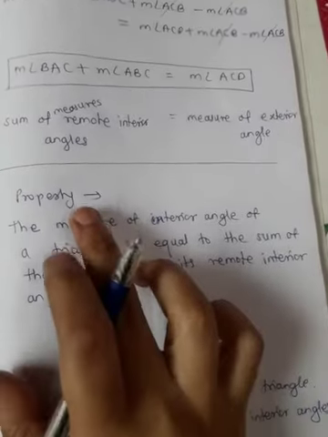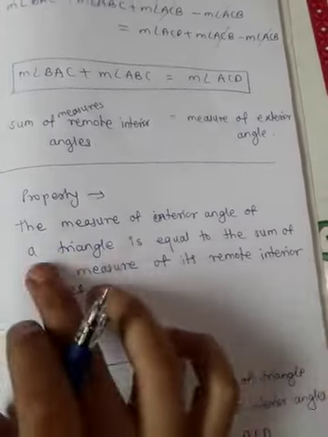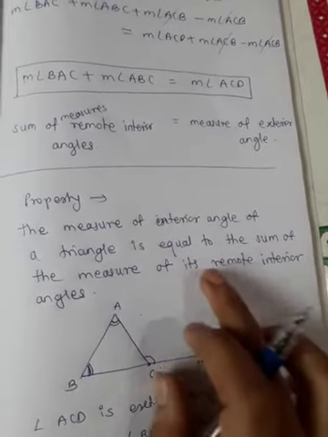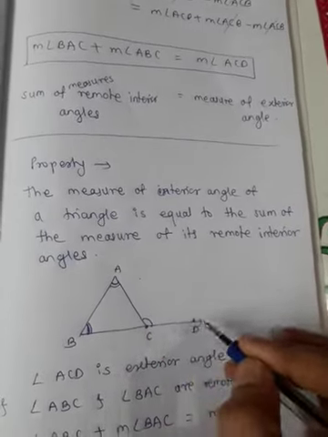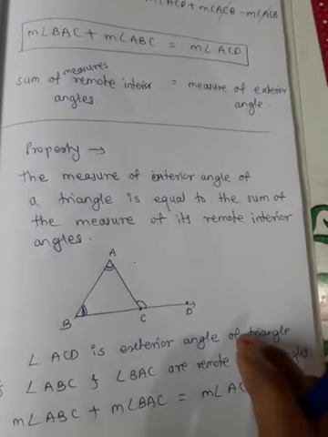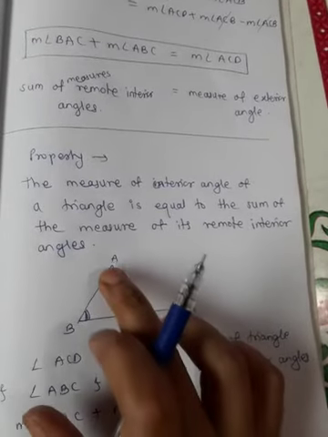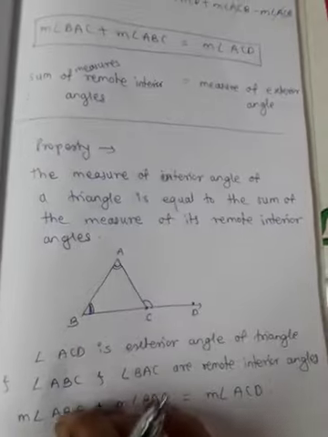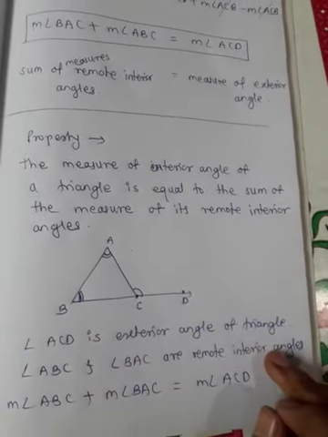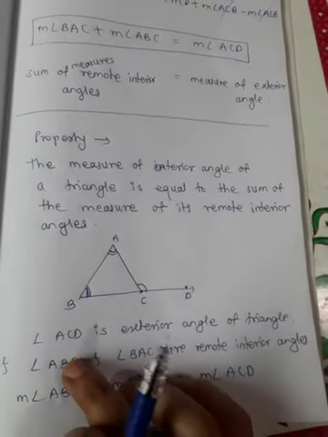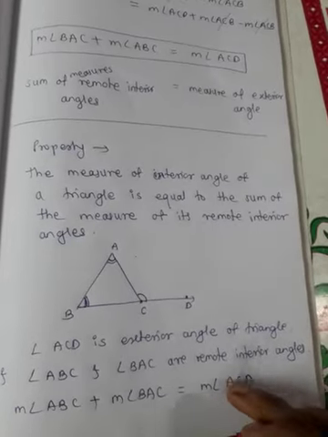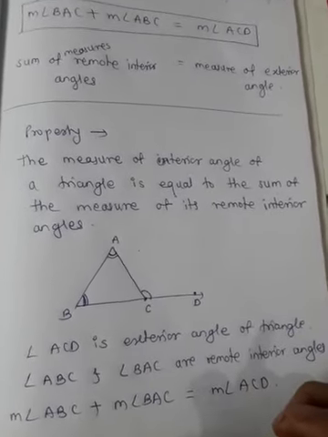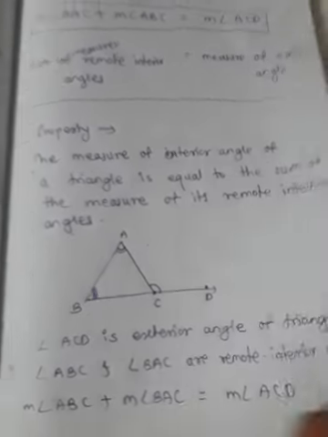We got the property that the measure of an exterior angle of a triangle is equal to the sum of the measures of its remote interior angles. So see this diagram here. ACD is the exterior angle of the triangle, and angle BAC and angle ABC, these two are remote interior angles. So by this property, the measure of the remote interior angles is equal to the measure of the exterior angle. Okay. Now on the basis of this discussion, there is practice set number